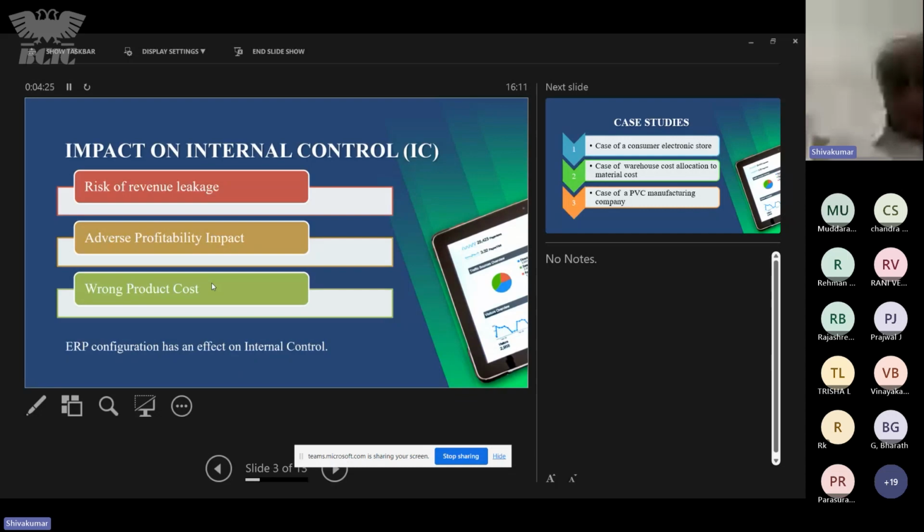But the complexity still remains. And if this factor of complexity is not taken into account, and if the configuration is made very badly, then we will have a situation where the very purpose of the internal control will be lost. I will narrate this with three examples